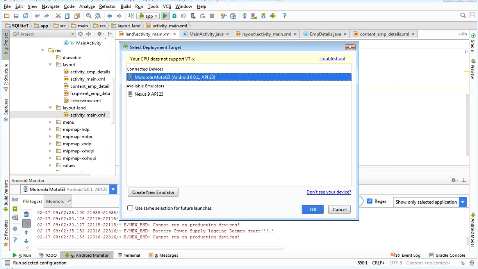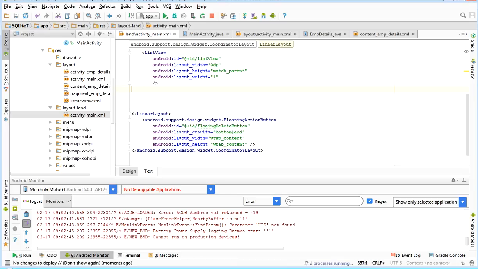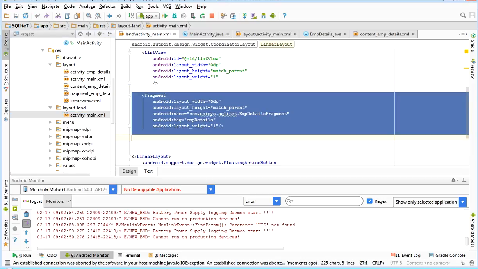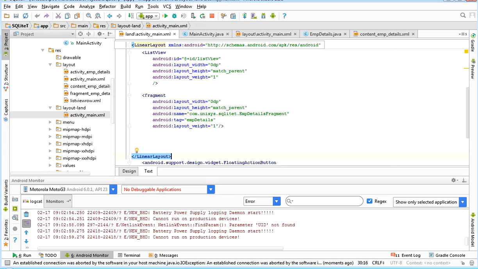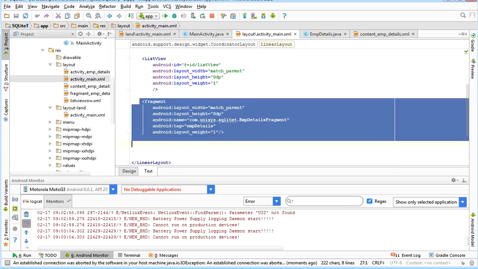Now I ran it again. Still it is the same, where I changed. I have not changed it, I am changing it in landscape mode. That's why it is not taking.